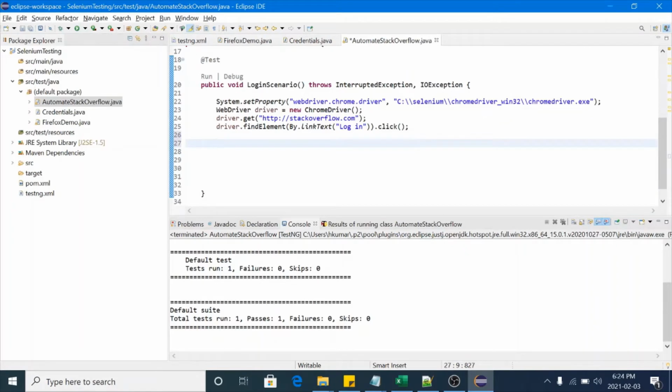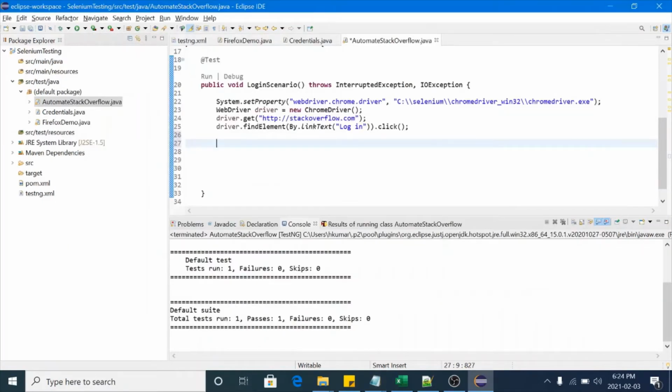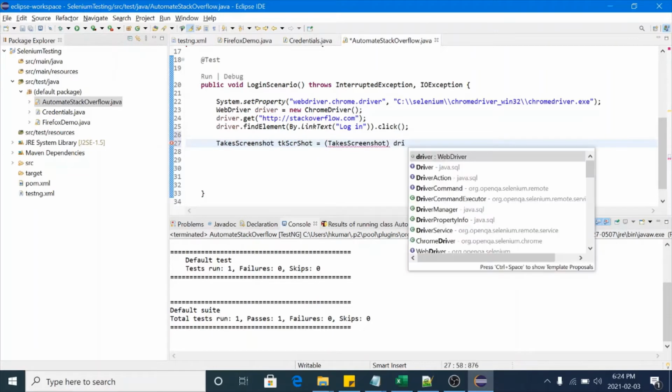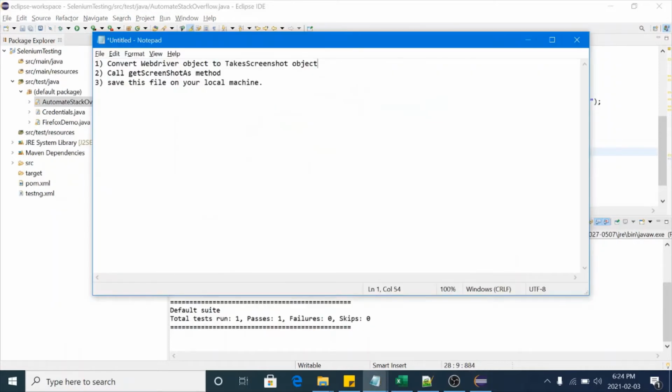First step is to convert the driver object to a TakesScreenshot object. Let me create that: TakesScreenshot. You can name it screenshot is equal to TakesScreenshot, pass driver here. Now the second step is to call the getScreenshotAs method.